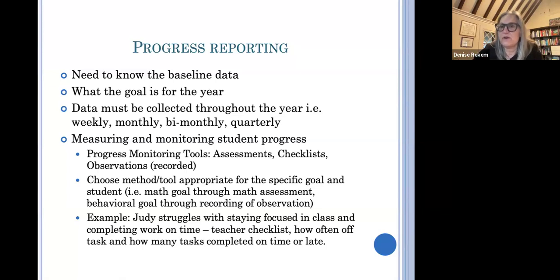You're entitled actually to everything, all records of your child at the school district, and you can ask for that if you want to see what they have, because you're not necessarily getting everything sent home. They do progress monitoring at school, and they don't always share everything. And then we want to measure the progress.